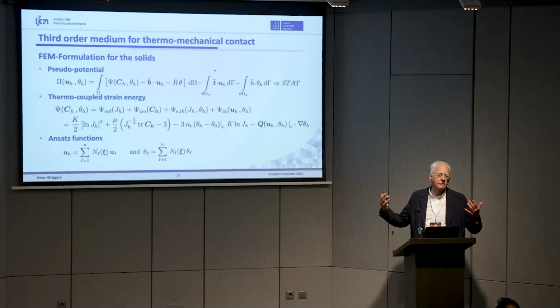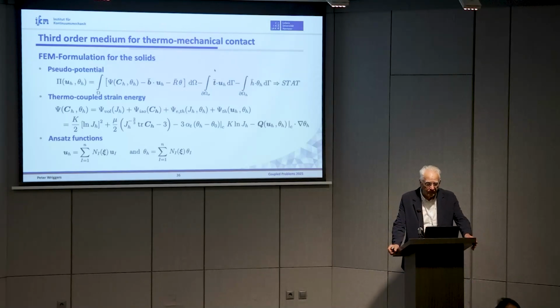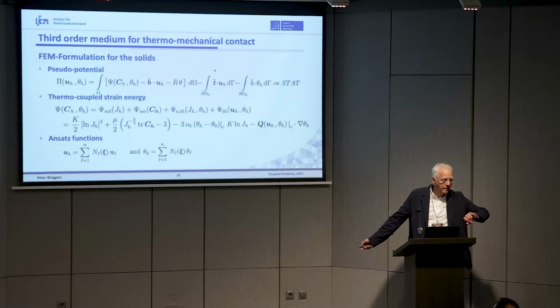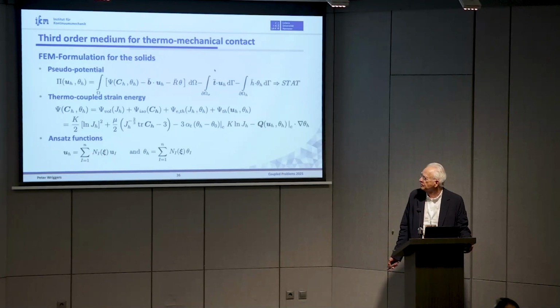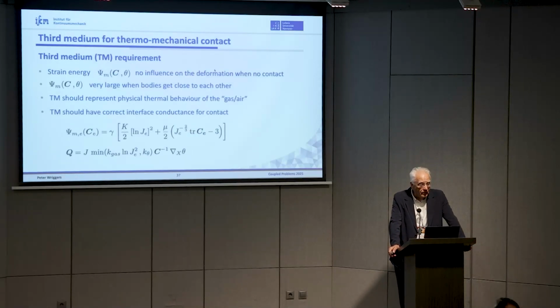So that's basically only a trick. It has nothing to do with new physics, it's just to set it up in such a way that you can basically have a fast code here. In the variation we have to keep this one constant and this one also constant. Then we plug in our ansatz functions for the deformations and for the temperature, and then we can start our